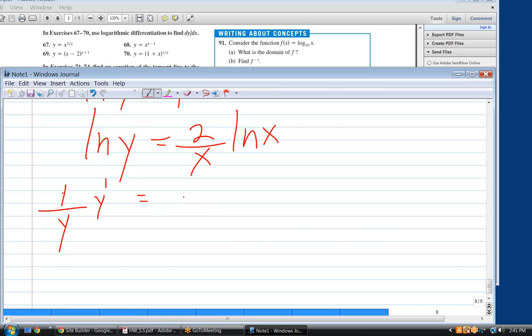Yes. So then we have 2 over x times 1 over x plus the natural log of x times negative 2x squared